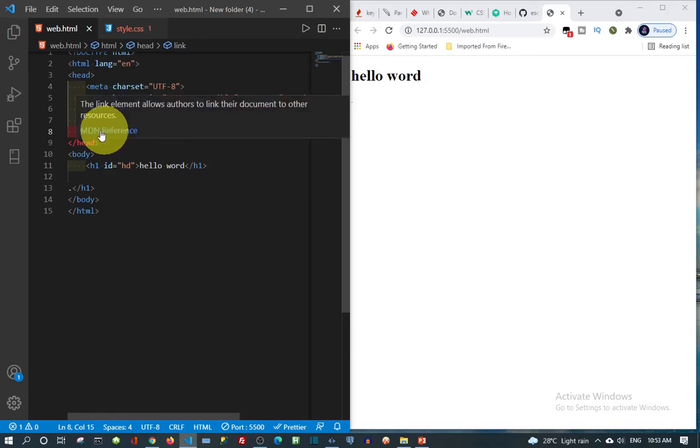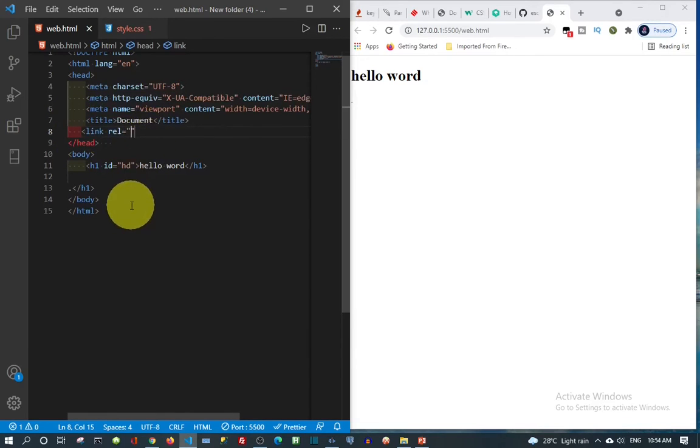Now we type link, then rel equals quotation marks. In it, we're going to type stylesheet. So let's type that, stylesheet. Then we come out. Then we put our href equals to